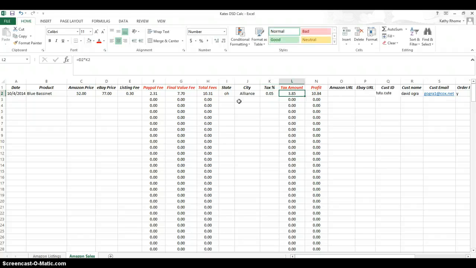I'm going to hit the tab key. And so we know we're going to pay $3.85 for tax. And then our total profit is going to be $10.84 on this product. Okay? So let me just make sure. Okay. Now, another step that I go to is when I sell an item is I go ahead and I